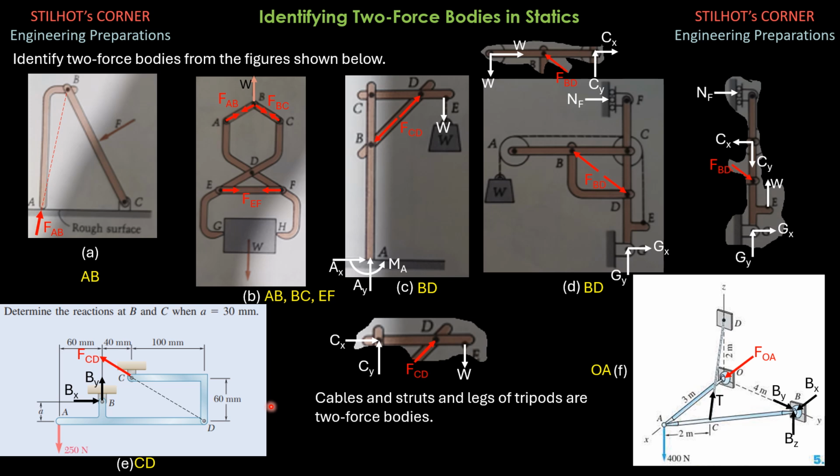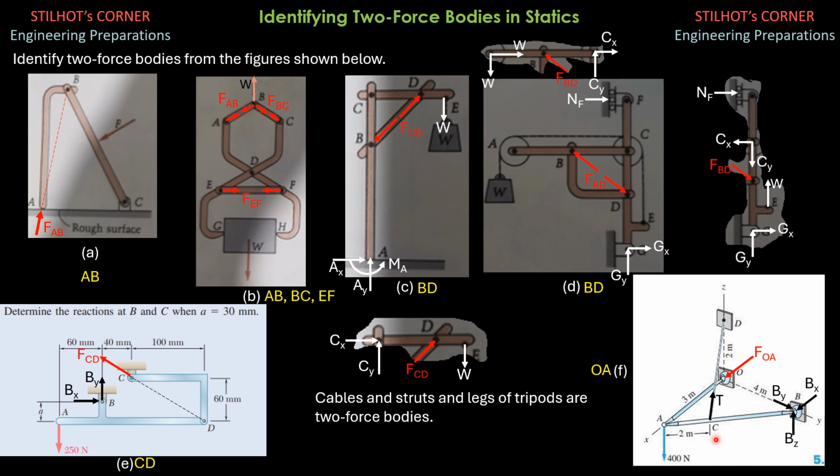Then finally, for this 3D system, we have a two-force body here, which is AO, because between A and O there's no load. So that is a two-force body, although O is a ball and socket joint. By the way, this is a ball and socket joint. So supposedly there are three reaction components, like B, there are three reaction components. But since we have identified that AO is a two-force body, definitely OX and OZ will be 0 and FOA would be that OX.